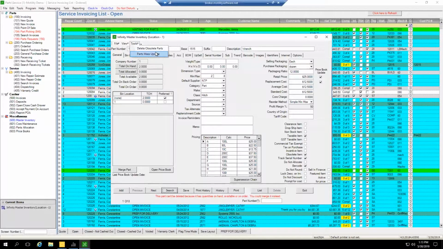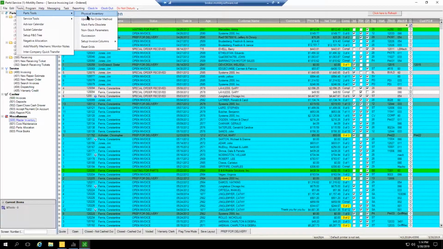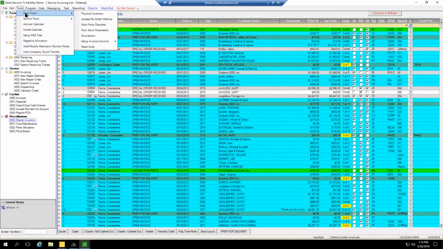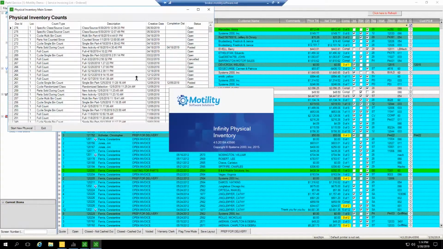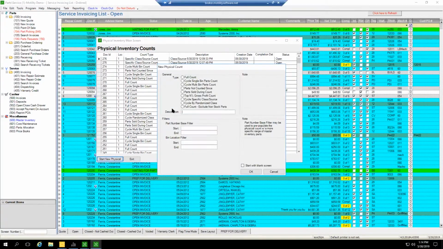The parts mass update will help you categorize or put your parts in a class, because now the next thing I want to take you to is tools, parts tools, and then physical inventory. Oops, sorry, I did not want to do that. Tools, parts tools, physical inventory. And now when you go to start a physical, to help you keep those counts more accurate, you have your cycle counts, but there is a